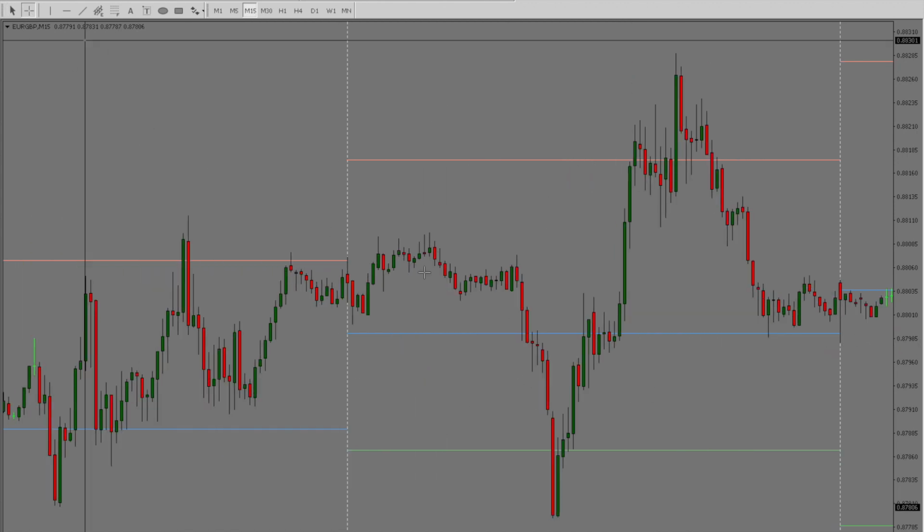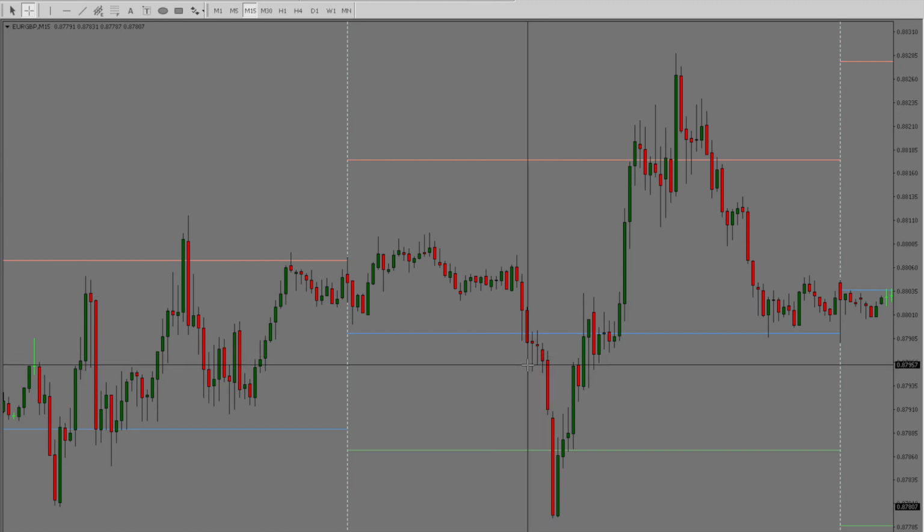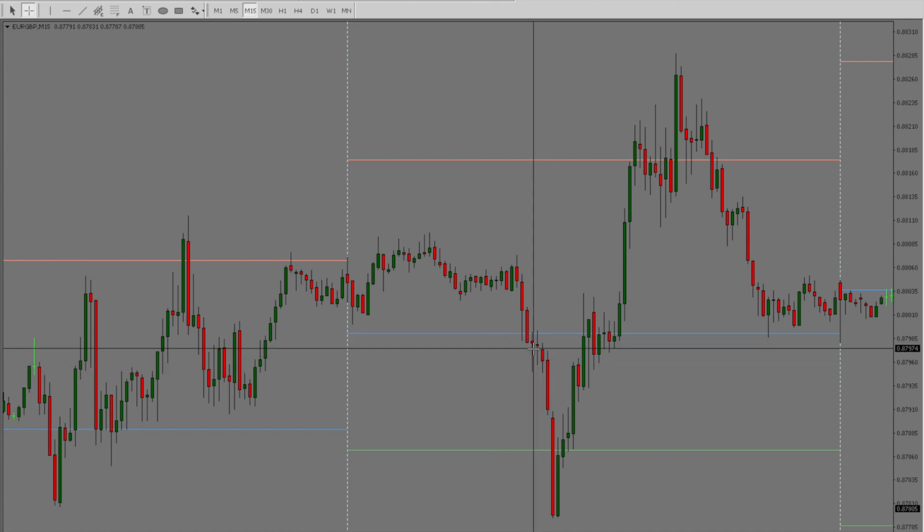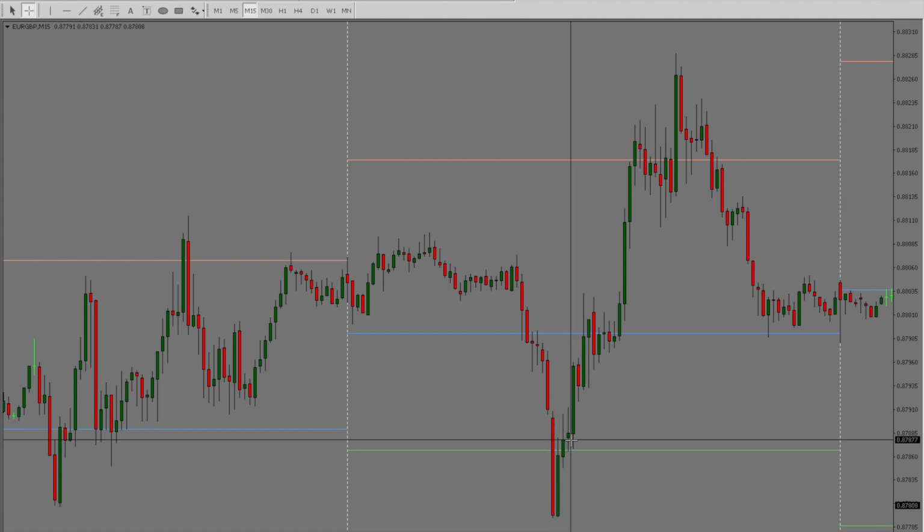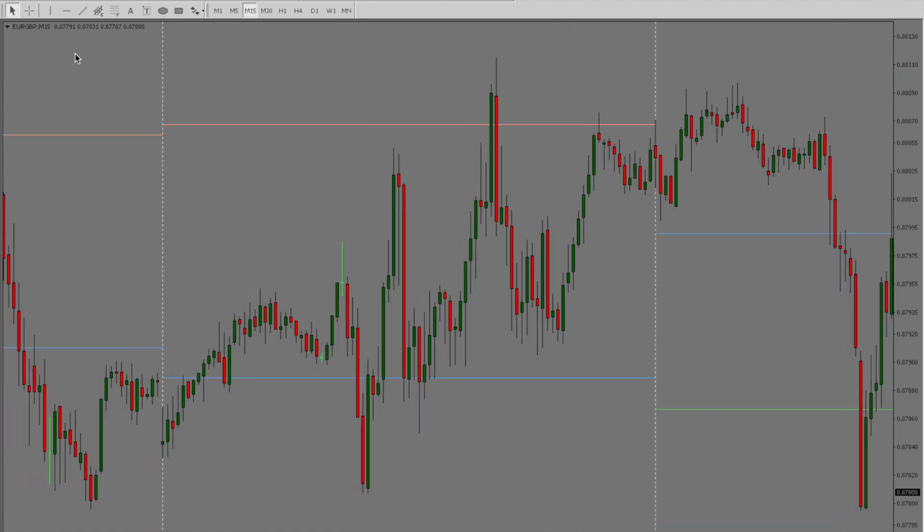Now, if we bought here, obviously we got taken out immediately at this nice pin bar, just below this blue line. Now, if we bought here, we made profit. If we bought here, we were stopped out. If we sold here at this nice pin bar near the resistance line, we got stopped out. If we sold here at the resistance line, we got stopped out. Actually, if we sold from this big engulfing line,